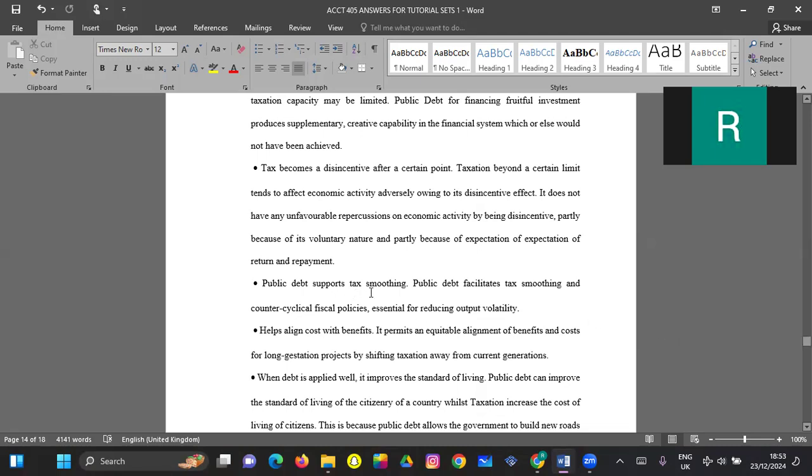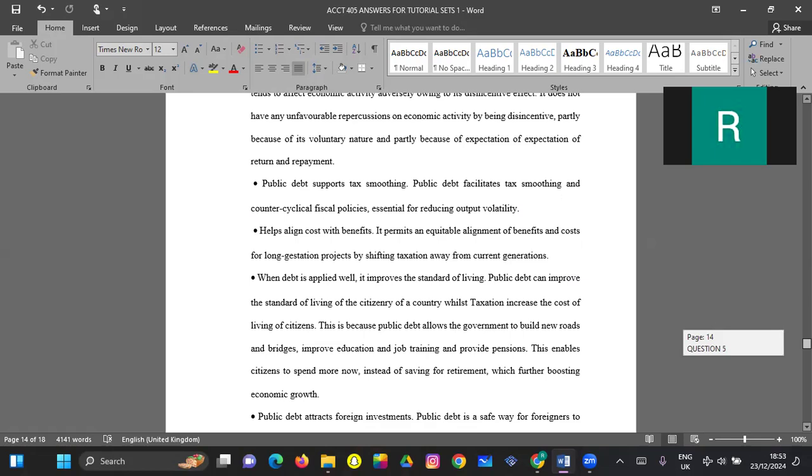Public debt supports tax smoothing. Public debt facilitates tax smoothing and countercyclical fiscal policies essential for reducing output volatility. Then public debt also helps align cost with benefit. It permits an equitable alignment of benefits and cost for long gestation projects by shifting taxation away from the current generation. So when debt is applied well, it improves the standard of living because taxes will increase